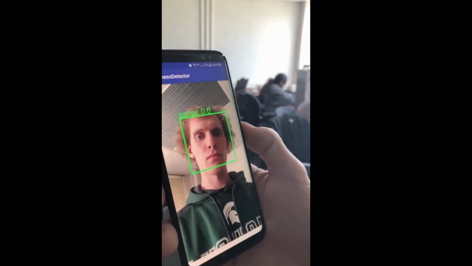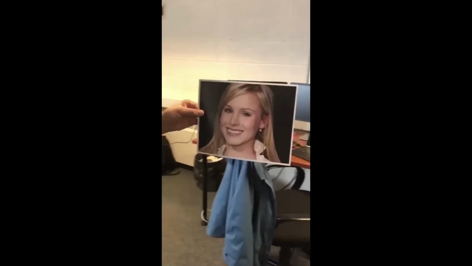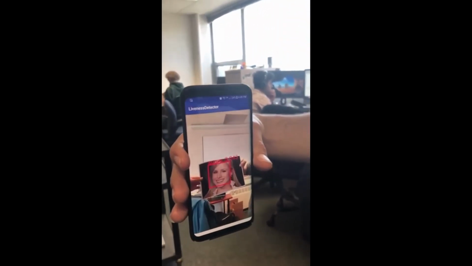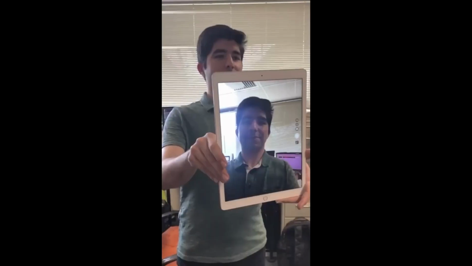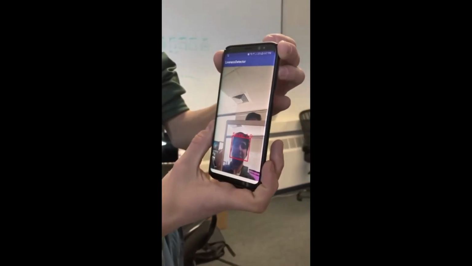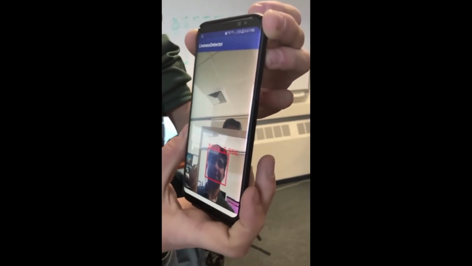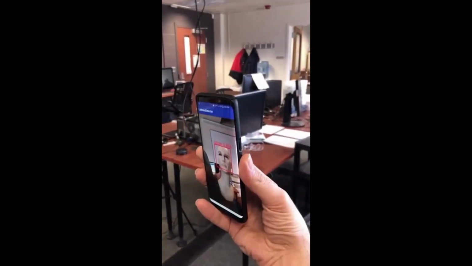If there's a green box, it's a live bona fide user. If there's a red box, then that would be a fake, for example a mask or the application of makeup, and so on. This, of course, is a live face, and as we bring in other types of attack, the color should change to red, indicating that a spoof attack is being launched. The focus of this program was also on the training data.